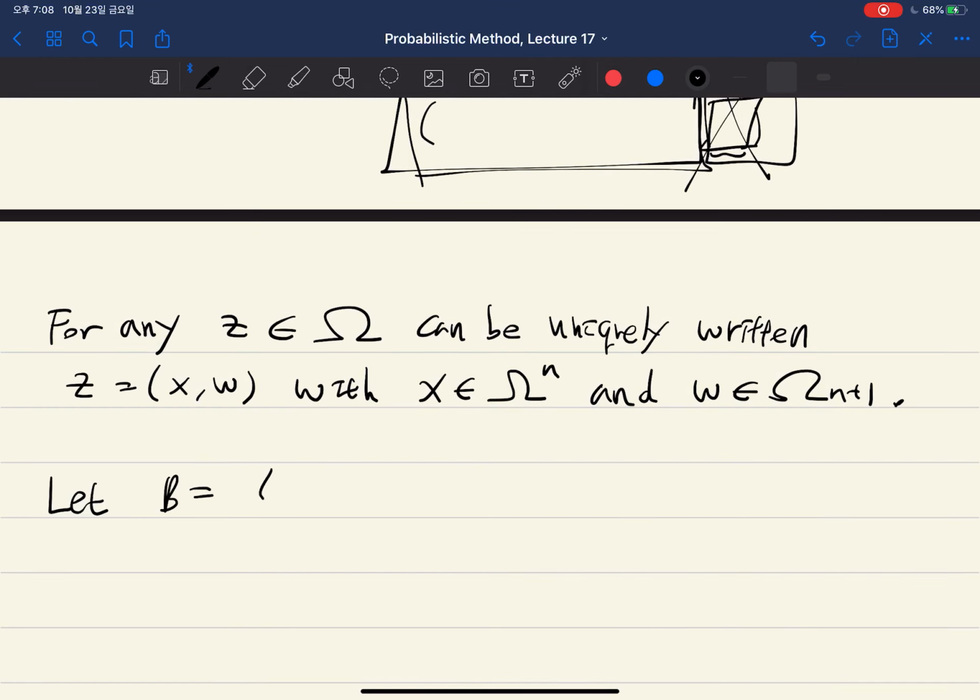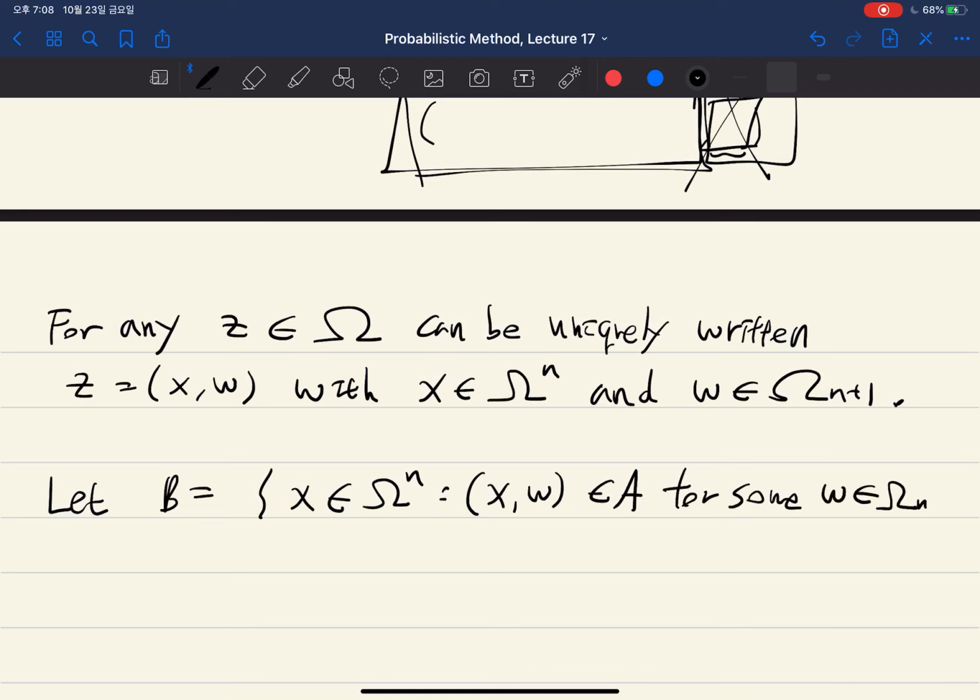So let B be the projection of A into the omega superscript n,